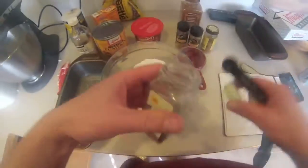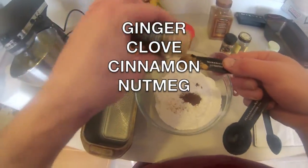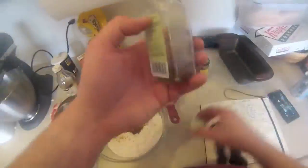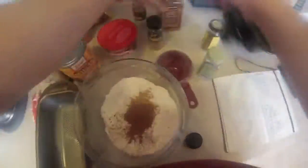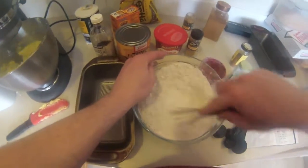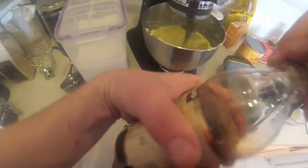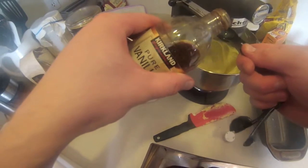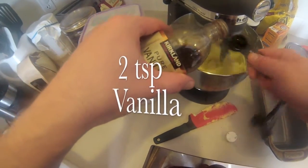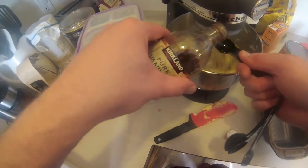spices. This spice ratio can be used for any pumpkin pie spices too. If you're making pumpkin pie, it's good stuff. I generally add a little bit more than the half teaspoon, just kind of a little bump more. Adds a little extra flavor because nothing's always accurate. It's approximate. So now we can add our vanilla to our little egg and sugar and butter mixture,